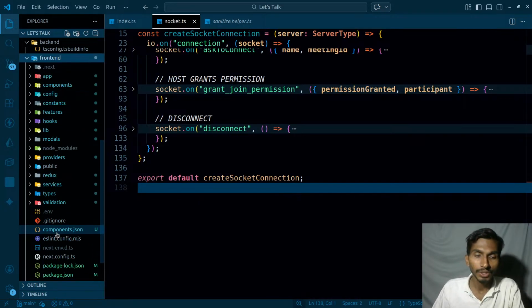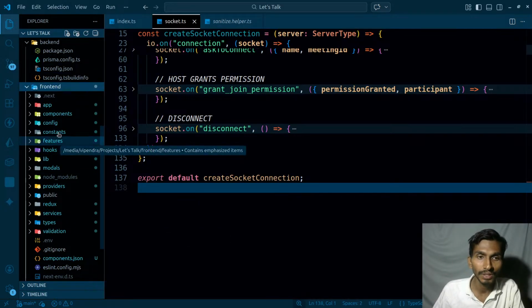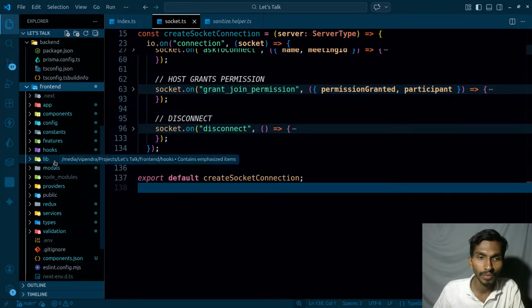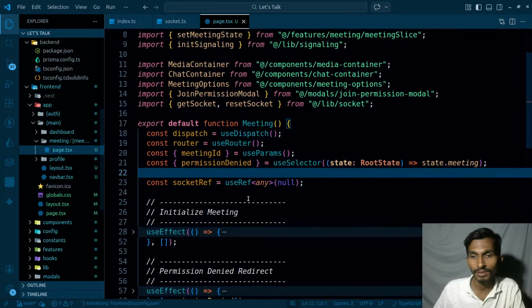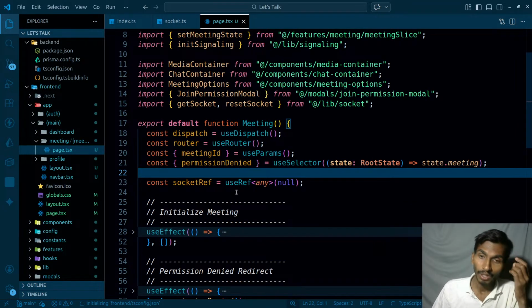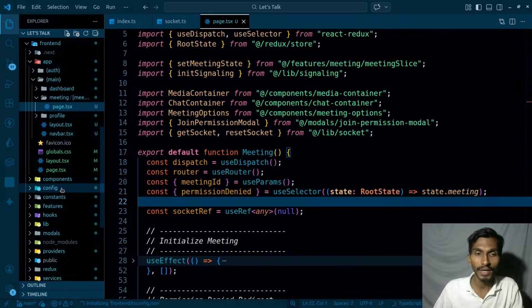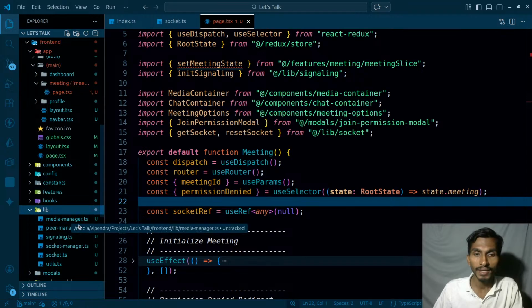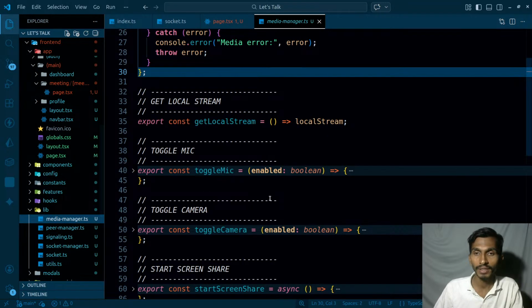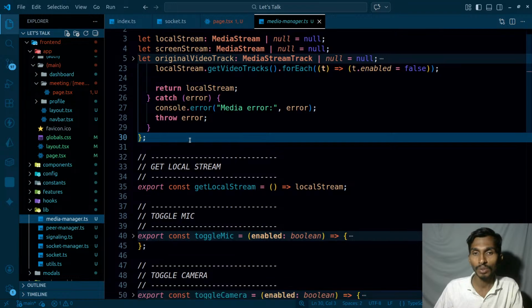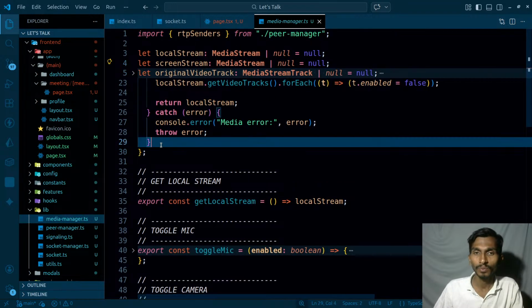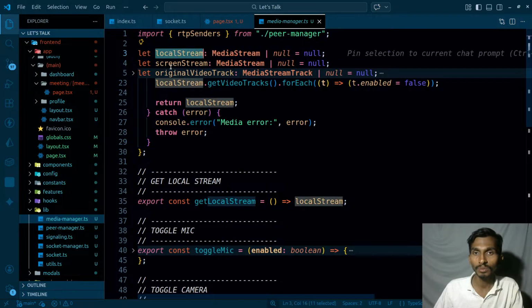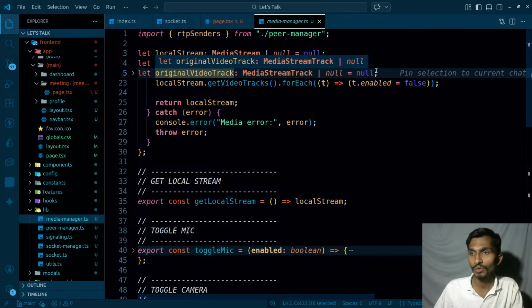Coming back to the front end section, everything actually starts from here, from this app and main and meeting page.tsx. So everything actually starts from here. But even before that, inside lib, I have different managers. So I have media manager that has the methods related to the media. Media manager even manages the states of these things: local stream, screen stream, original video track,